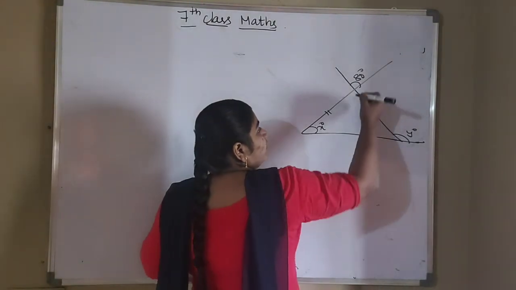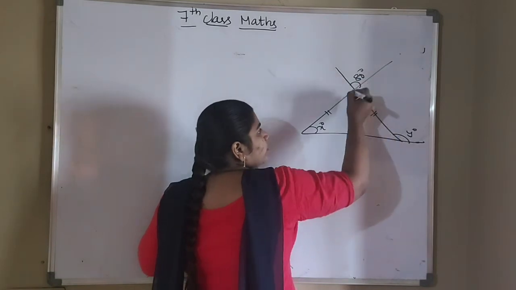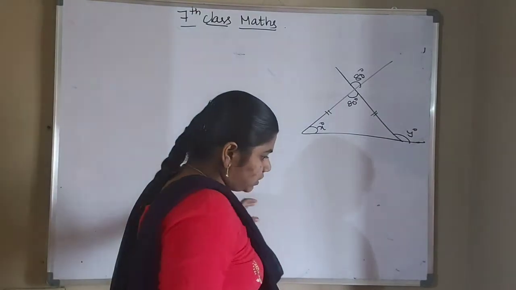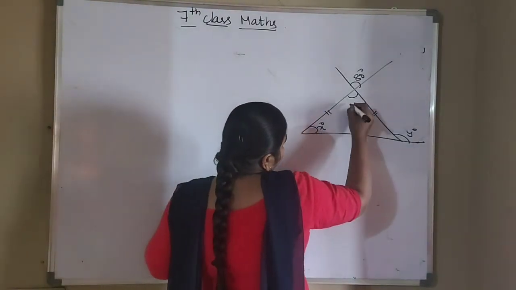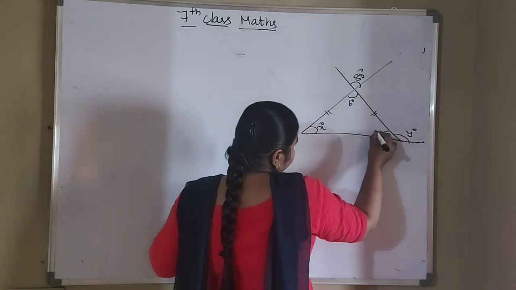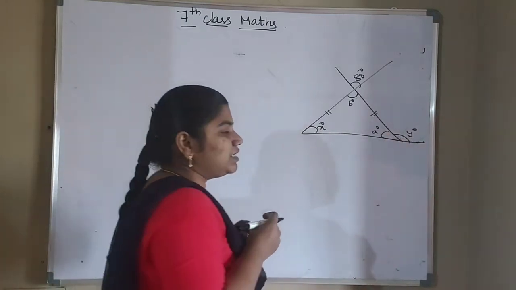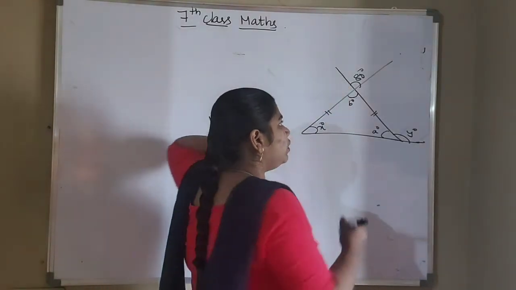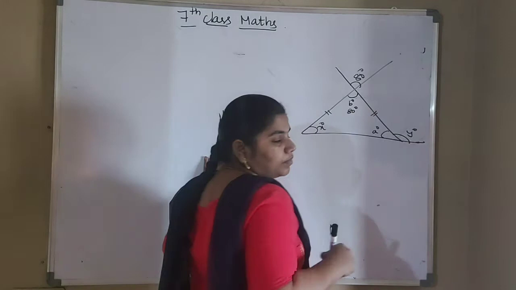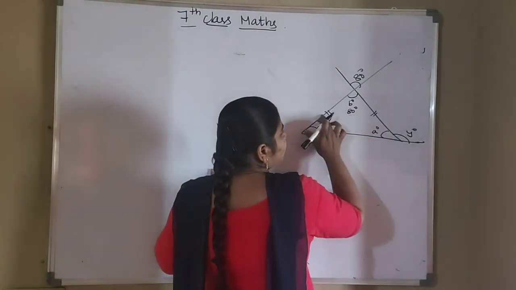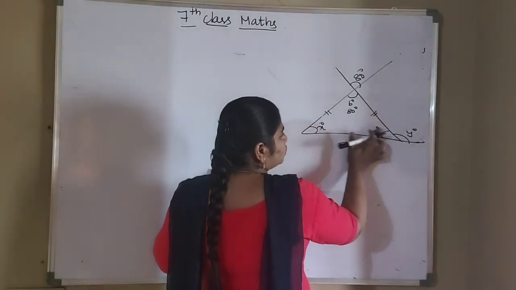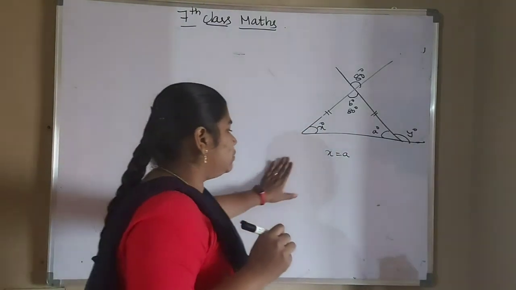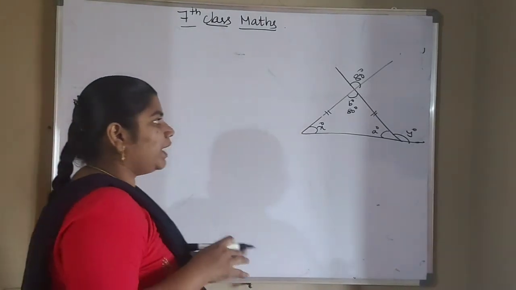Before that, already we know that opposite angles will be equal. So here also it will be equal to 80 degrees. Or you take it in the form of B. They didn't give anything, but I am taking it in the form of B, and this angle I am taking as A. Okay. So we know that opposite angles will be equal. So the B value will also be equal to 80. Okay. So these two sides are equal. That means these two angles will also be equal. So x will be equal to A there. Okay. So by using this we will find the x value and y value.